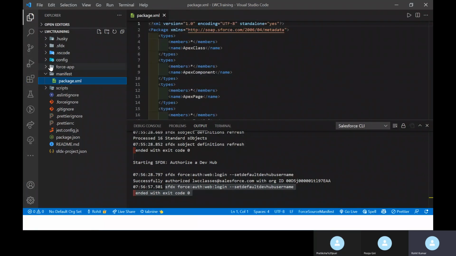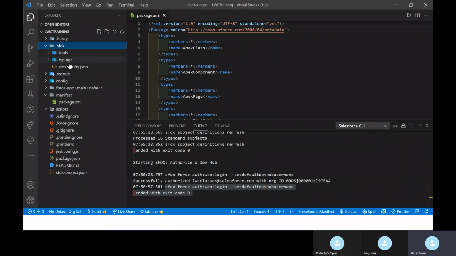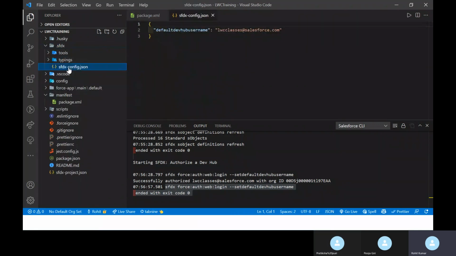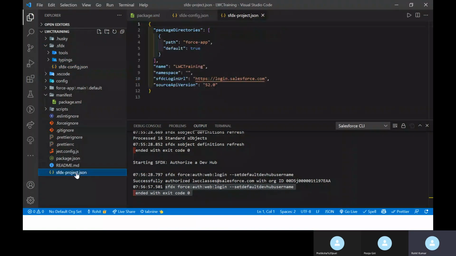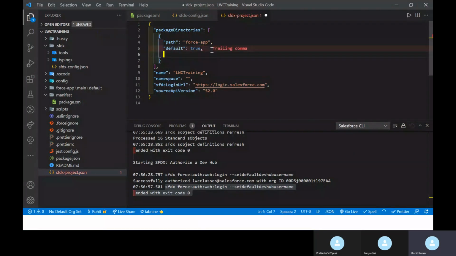For your knowledge, let me show you one thing: this is the dev configuration part, the project JSON, and here you can see all the things, like directory and so on. Let me choose one thing.